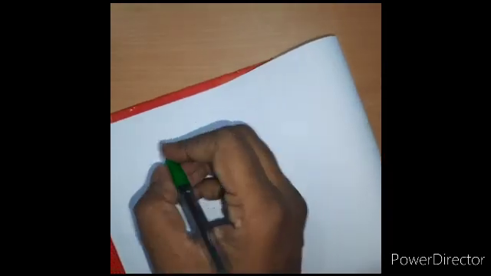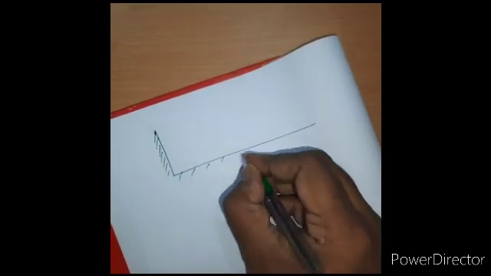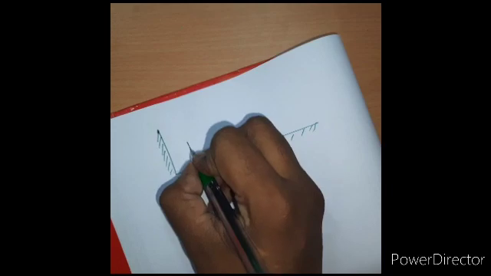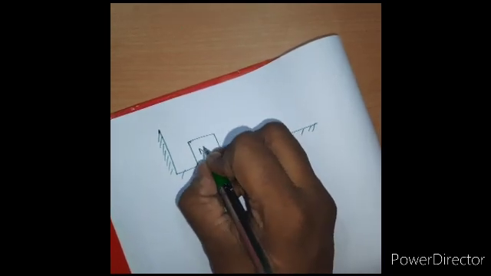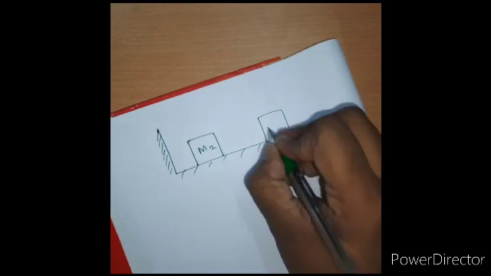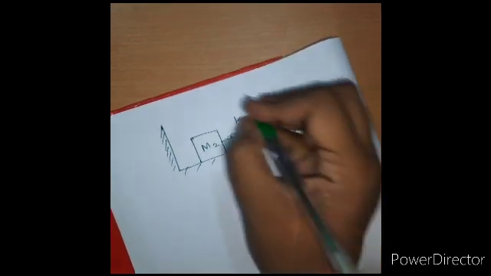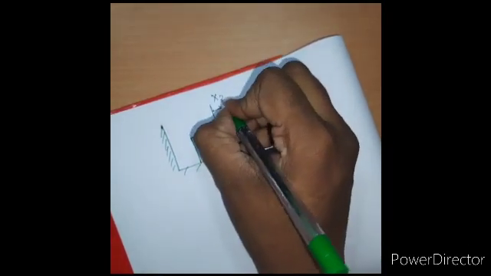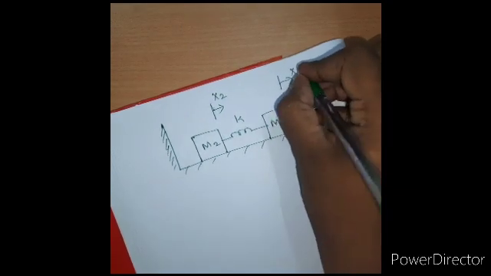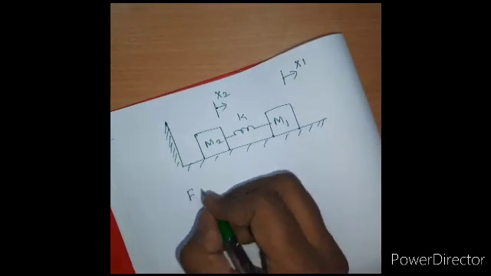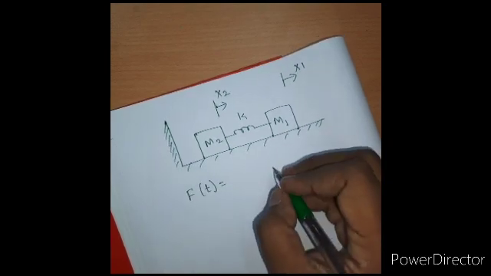Okay. Now let me use two masses. See, now you have mass m2 and here mass m1. A spring is connected between them. I will call the spring k, and the displacement at this point is x2 and the displacement at this point is x1. Now what will be the expression? F of t is equal to